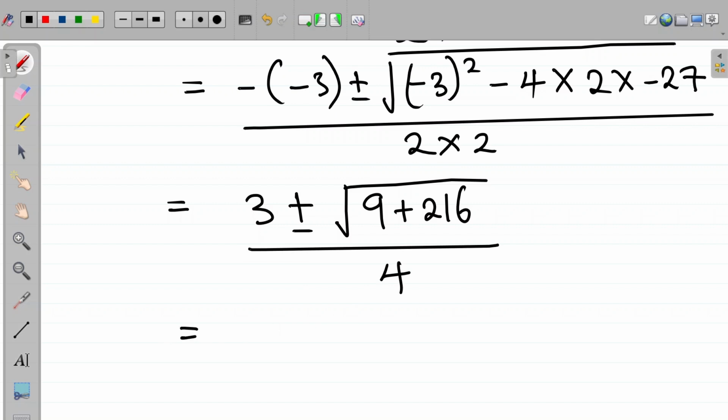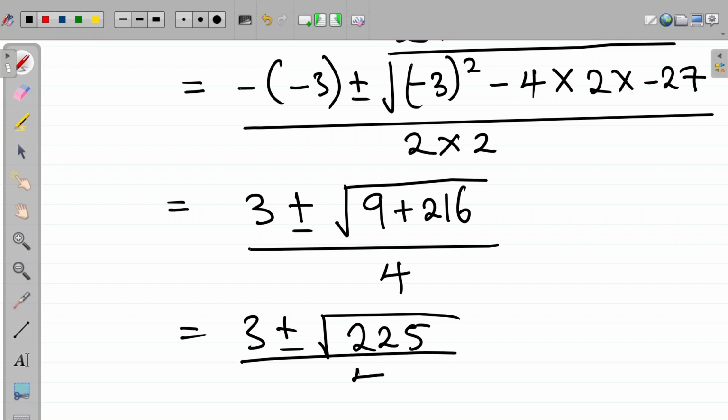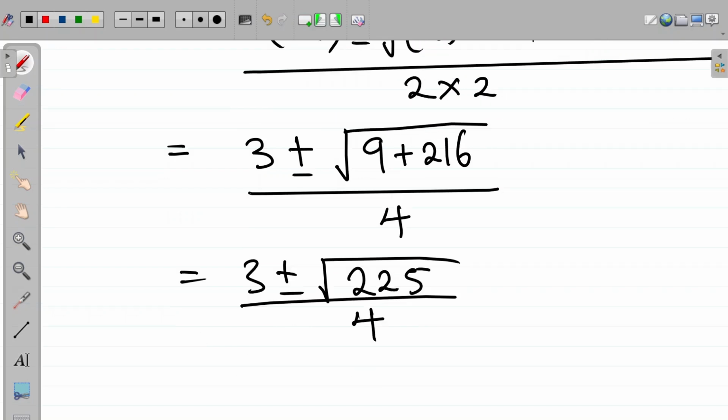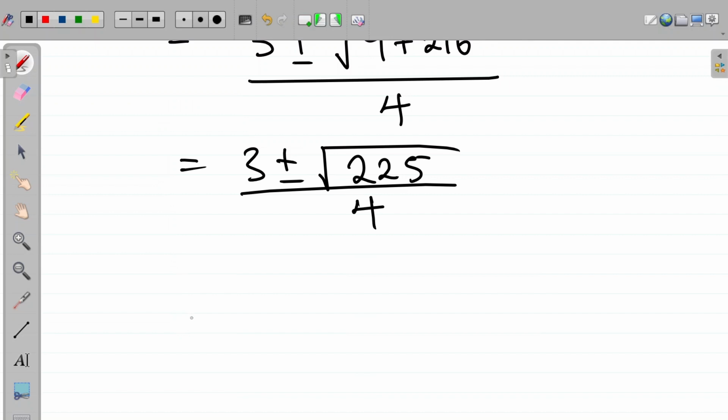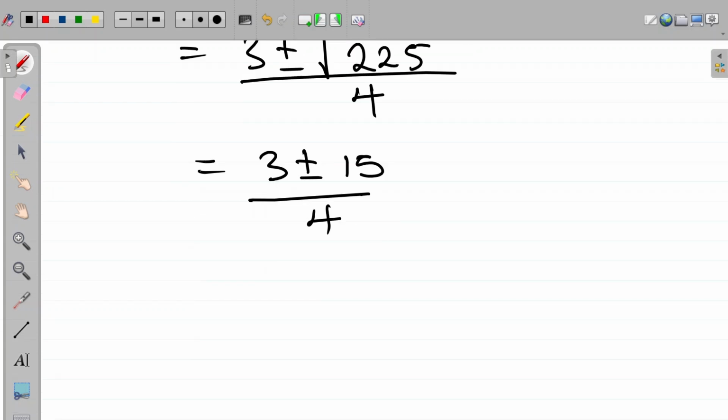So we have that 3 plus or minus the root of 9 plus 216 is 225. All divided by 4. So the equation becomes 3 plus or minus the root of 225 is 15 divided by 4. So we now have that